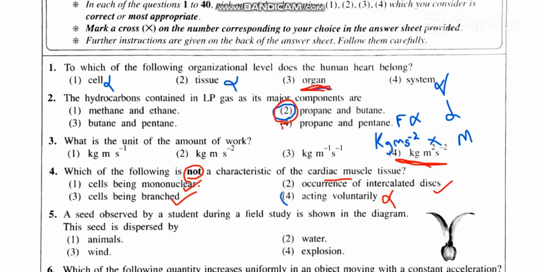Likewise, you have to argue it out. Once you see mononuclear, you will get tense, because in the textbook it is given as uninucleated. Both are the same, but by putting this word mono, they try to confuse the students. So you have to be smart, then you won't get caught by these tricks.